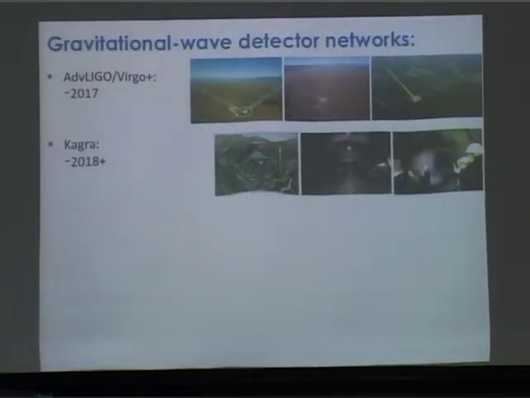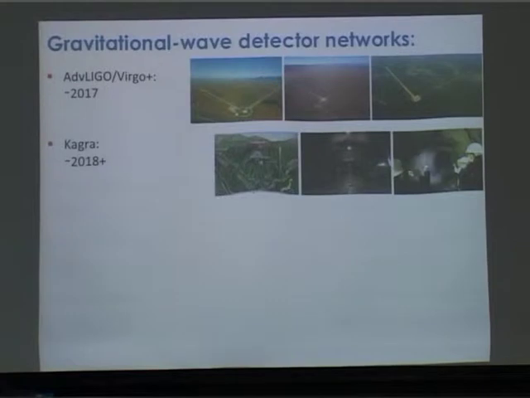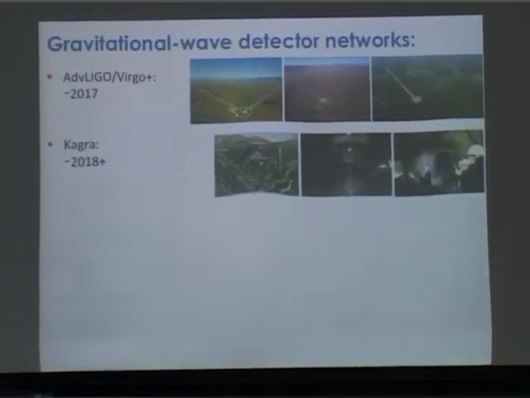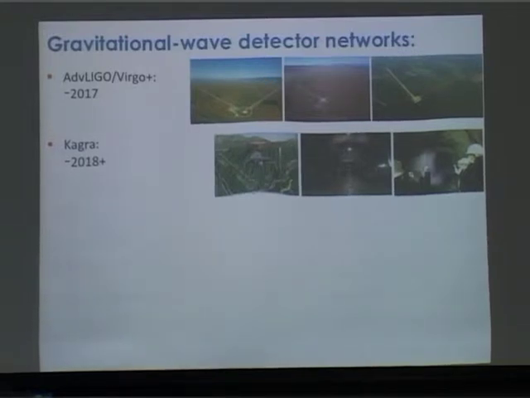In Japan, they're also building another detector called the KAGRA detector, which is going to be a 3-kilometer long detector, but it's going to be underground, or more appropriately inside a mountain. It's the same mountain where Super-K and other experiments are housed. I actually got to go there a few weeks ago and see the tunnel that they're digging out. They're more than halfway through digging out the tunnel, and they think that around 2018 they might do the first searches using this new detector.